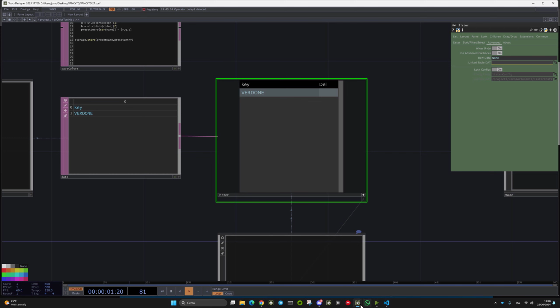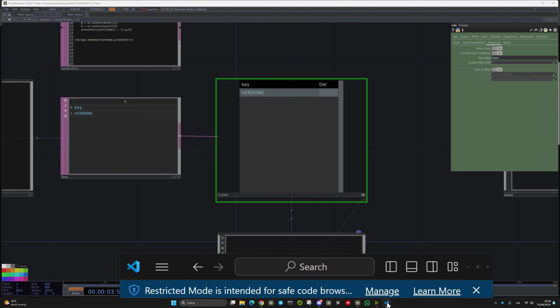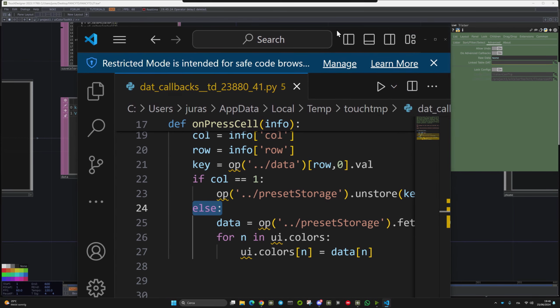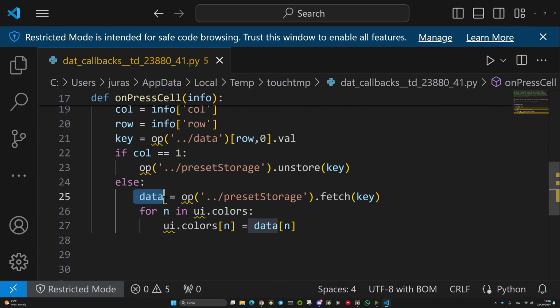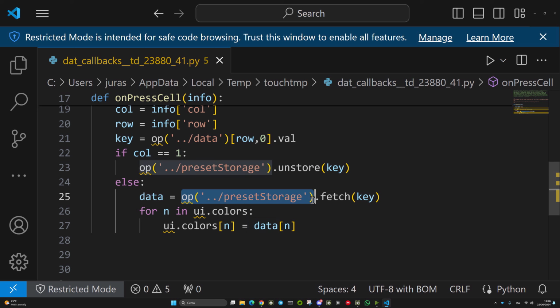So I'm there, I click, so I need to load. How to load? I'm creating a variable called data. You can refer to the preset storage and do the fetch. If you fetch something from an object, it means you are querying the storage. So with store, you store, with fetch, you fetch. Pretty easy to understand. And then with all this data, I am applying them, since I was so smart to